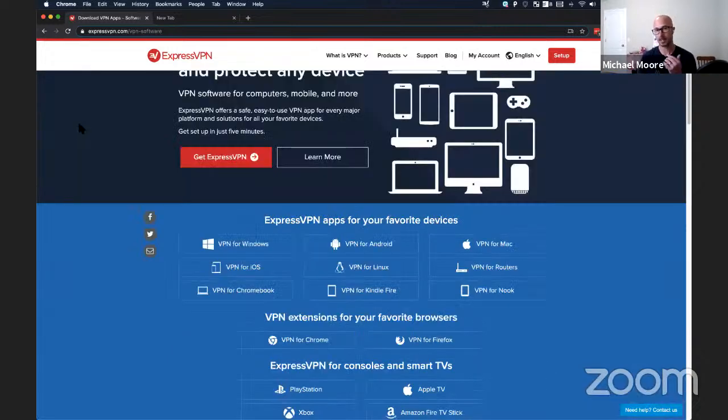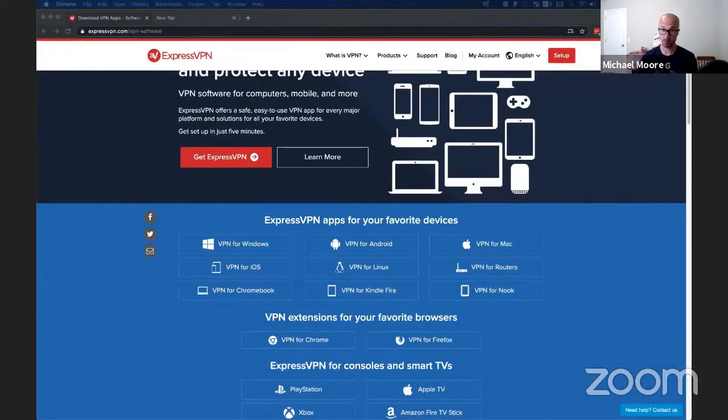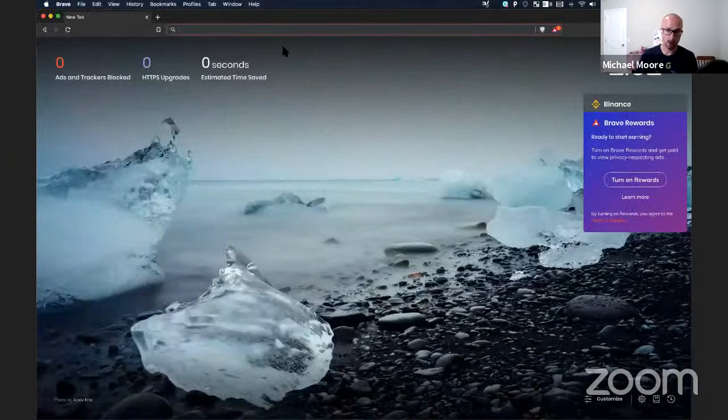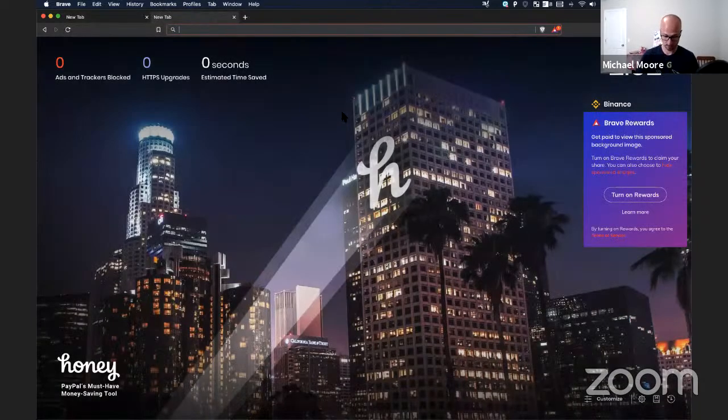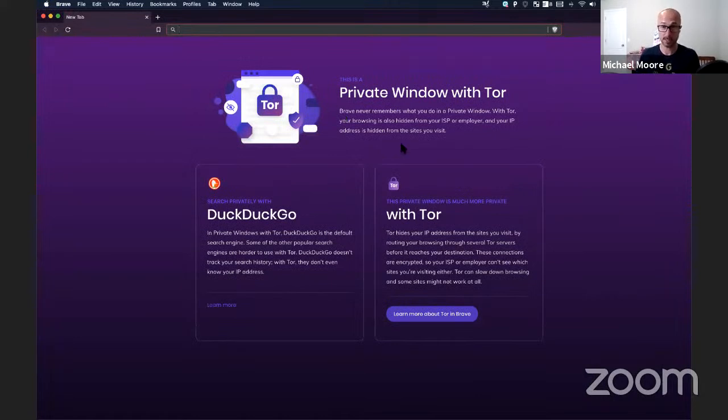Okay, so let's say that you work from home, you feel like you have a secure connection, and you can't justify spending the annual or monthly cost on a VPN when you only need to use it sometimes. So someone mentioned Brave earlier, and so we're going to go over to Brave, and what they have is a Tor private browser, which is a little bit more than just a regular private browser. So what this does,